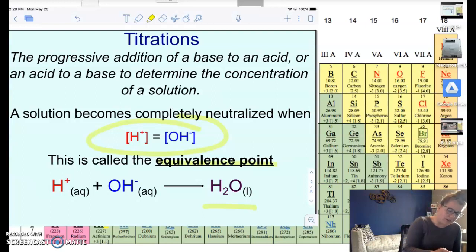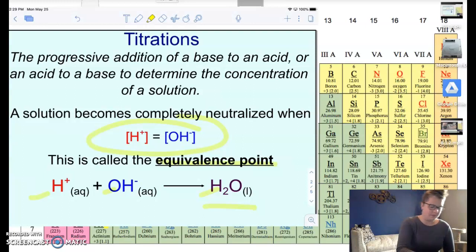The reason that this works out so nicely is because we've got this nice 1-to-1-to-1 ratio. Basically, one hydrogen ion and one hydroxide ion form one water as a result. So this equivalence point is when you've got equal amounts of H and OH. The idea behind a titration is you don't have equal amounts of either at the beginning. You've got something that is completely acidic or something that is completely basic. And then what you do is you add either the acid or the base to that until you reach that